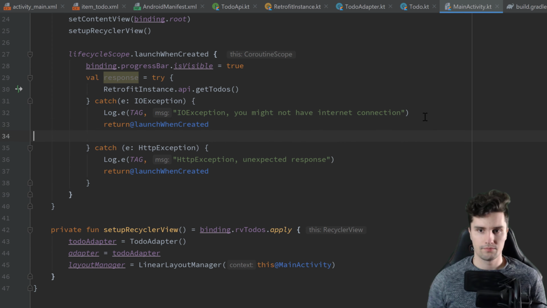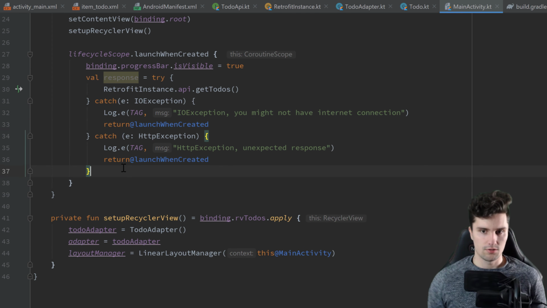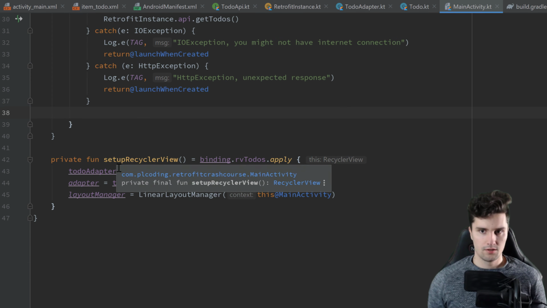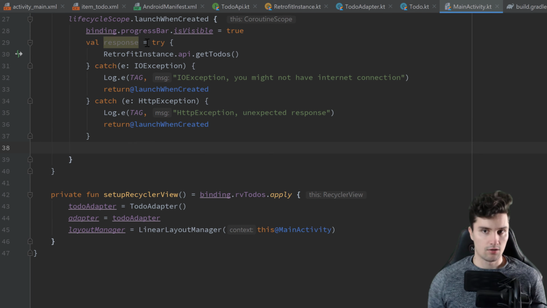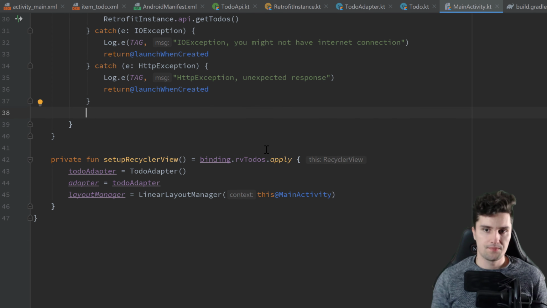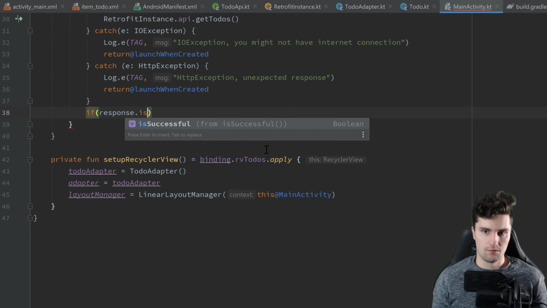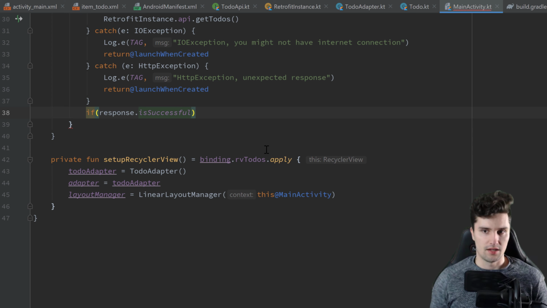So if this code continues until here, we know for sure that we got a response back. But that does not yet mean that the response was successful. We still need to check that. So if the response is successful, that just means that it returned the HTTP OK status code. And if the